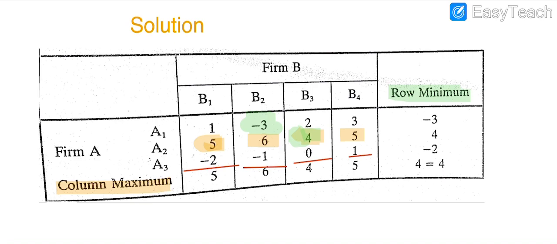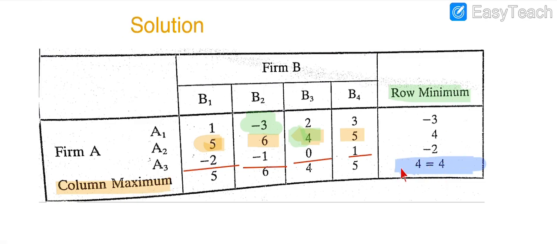I give it the color blue. This is actually the solution. What is the solution? You can see here. Since A's gain equals B's loss, it means that it's a zero-sum game. Zero-sum game, how can we say it is a zero-sum game? Because what one firm is obtaining, the second firm is losing. So firm A gains a 4% share of the market at the expense of firm B. Clear? This is a clear situation for you.